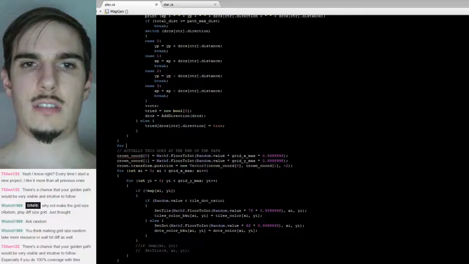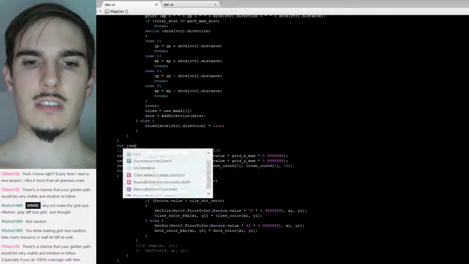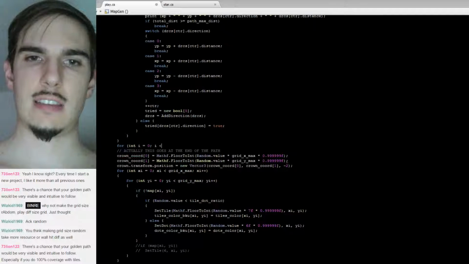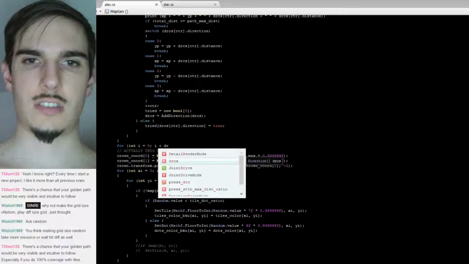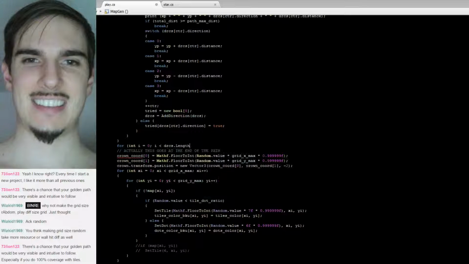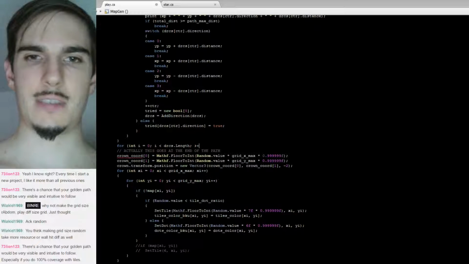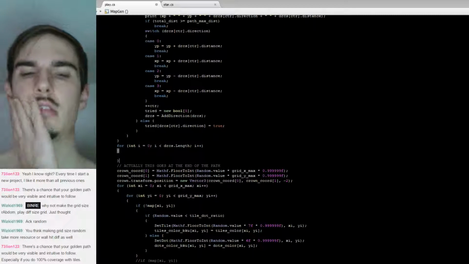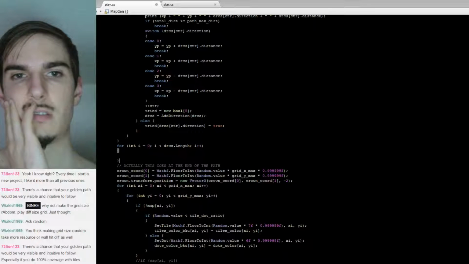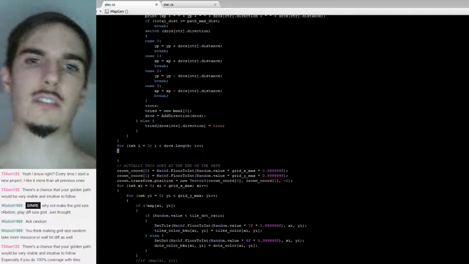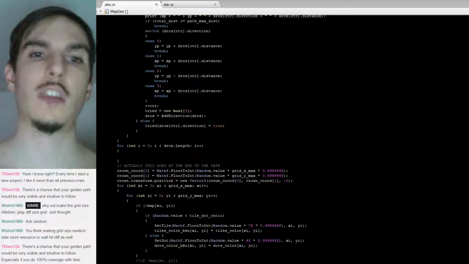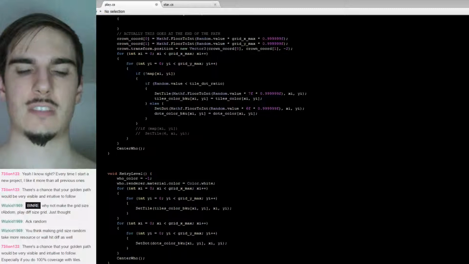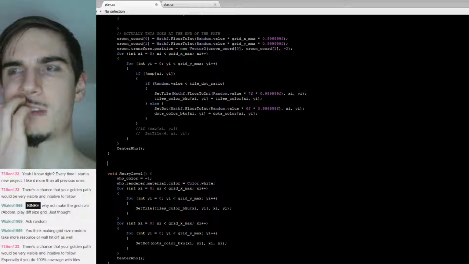for int i equals 0, i less than directions dot length, i plus plus, right, so we're gonna map out the path. Oh yeah, right, so we need to do the thing that I was just saying. So what is it? Like,